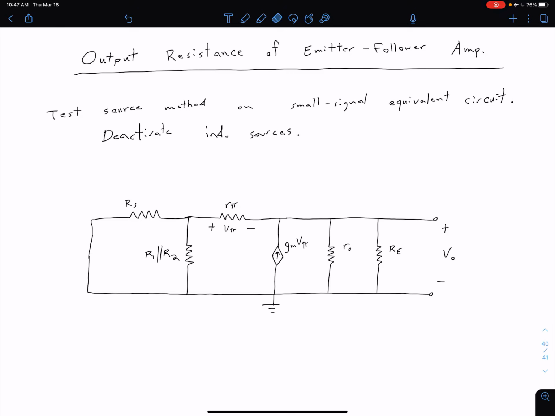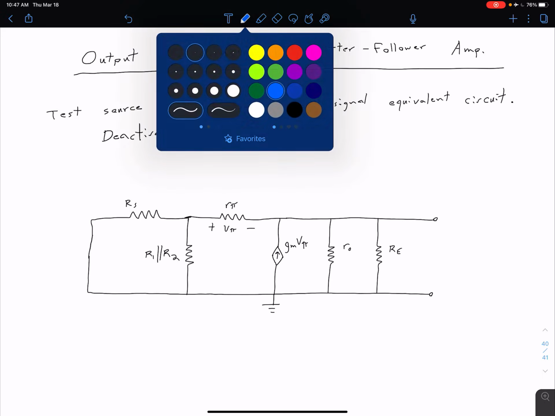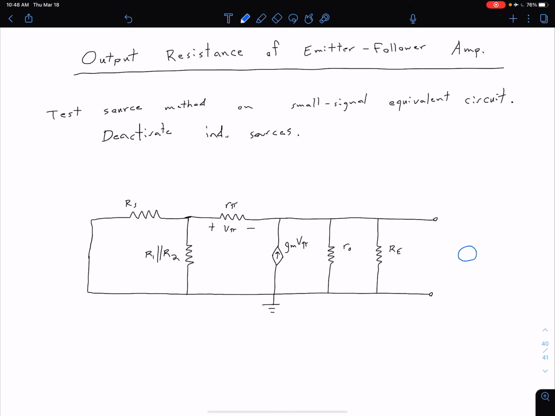And then in terms of our test method, we're coming over here to our output terminals, and we're going to be applying a test source. Whether this is a voltage source or a current source doesn't really matter for our calculations, because regardless, we're going to say it has some voltage Vx and some current Ix. If we're actually doing this in the lab, of course, oftentimes it's going to be easier to use a voltage source. Then our output resistance is the resistance looking into our output terminals. So that's going to be R naught, which by definition is equal to